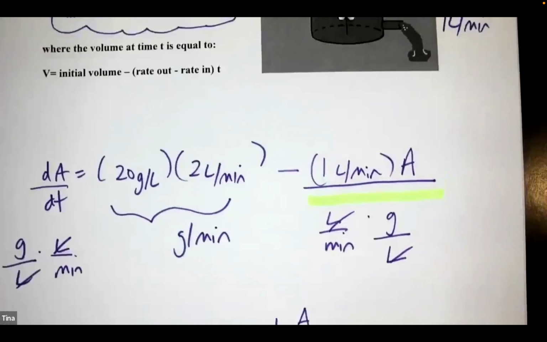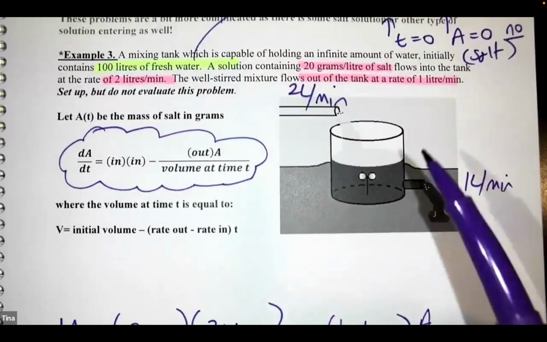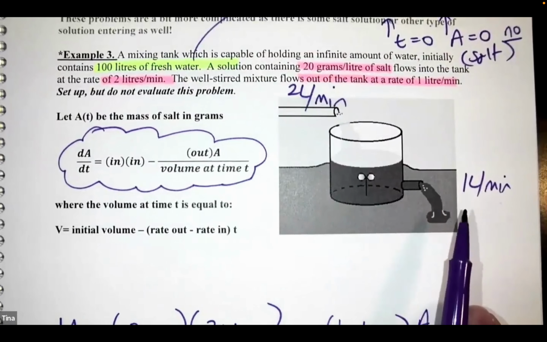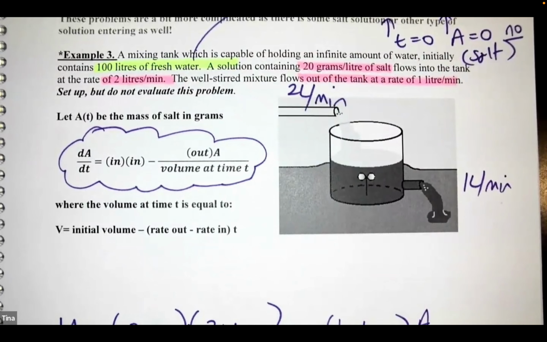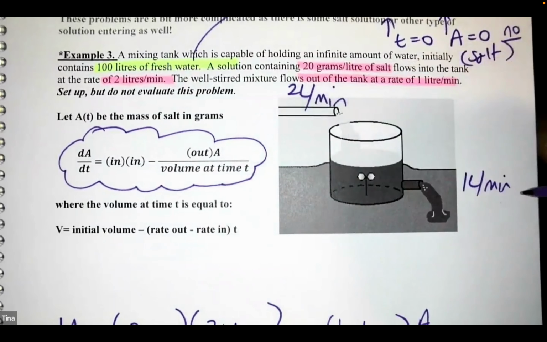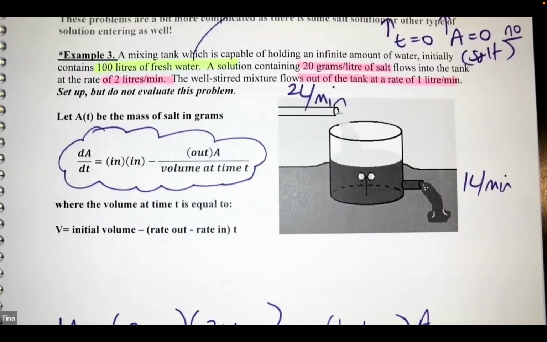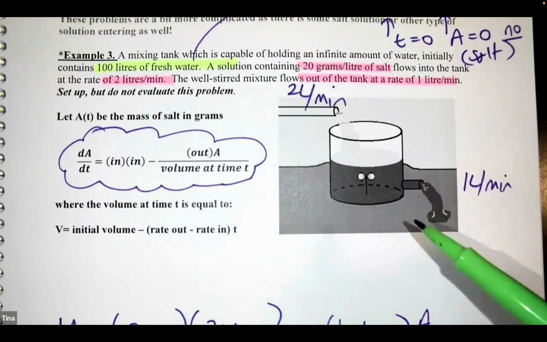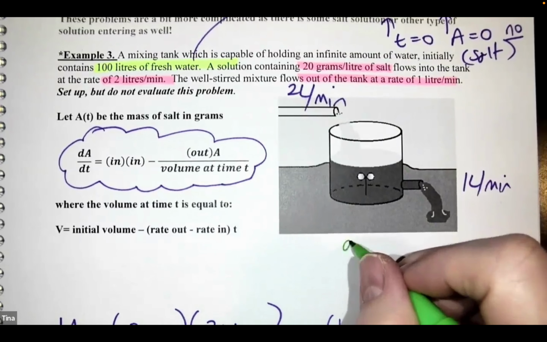On the bottom, we have to ask ourselves, if the volume is going in at 2 liters per minute and out at 2, then nothing would change. But if it's going in at 2 and out at 1, what's happening each minute? Are we gaining or losing each minute? In at 2, out at 1. We're going to gain